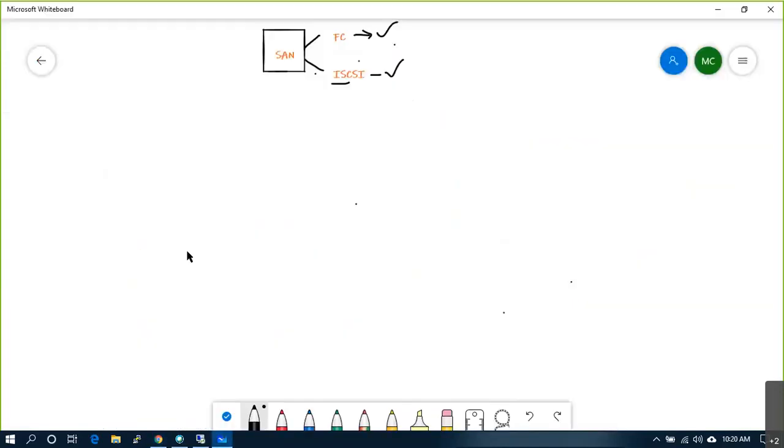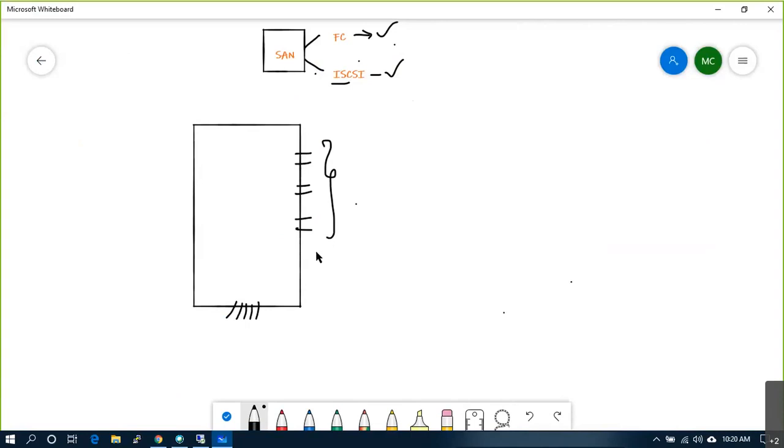So let me draw some picture. You have your ESXi host. On the back end, you have four cables, or in my example, I gave six different cables, right? Remember? So far in the network class, we discussed why we need six cables, and I've shown you in different scenarios why we need to use these, right? Yes. Okay, keep them aside. These are different cables.